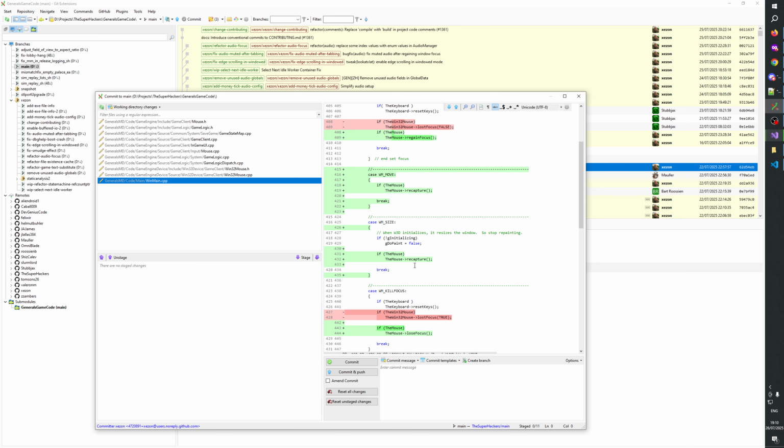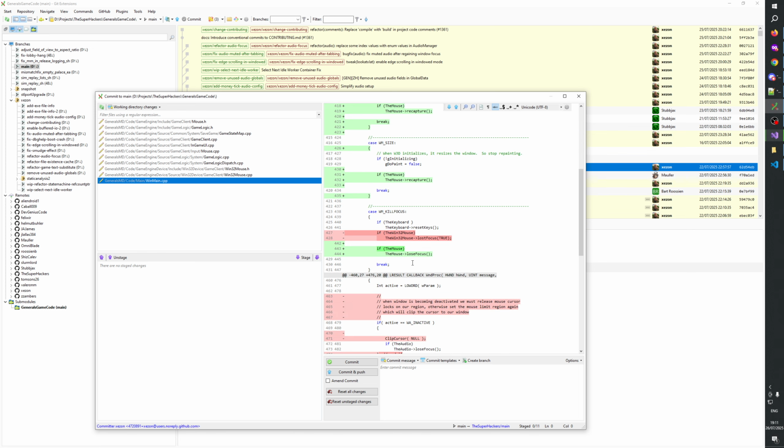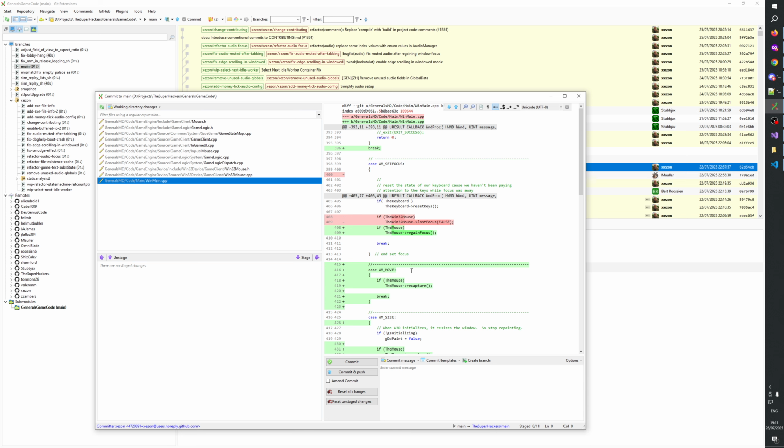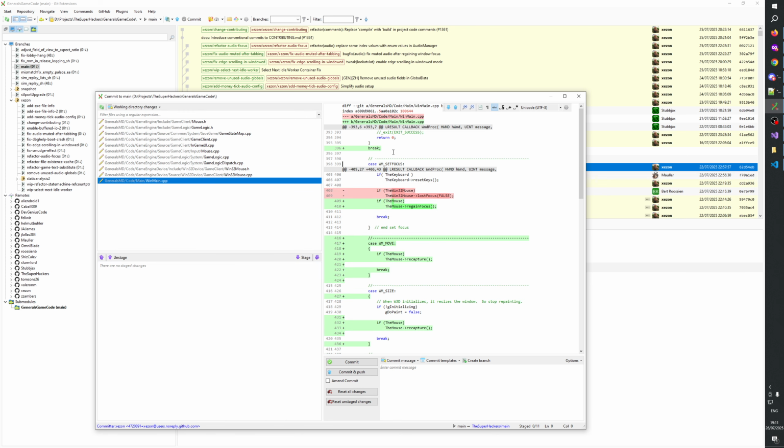Move, size, recapture. What is this here?